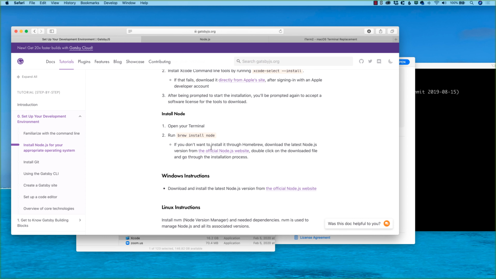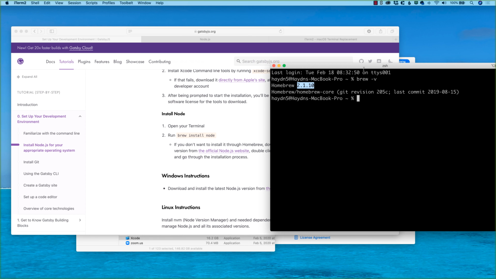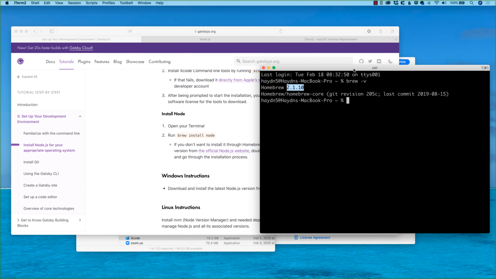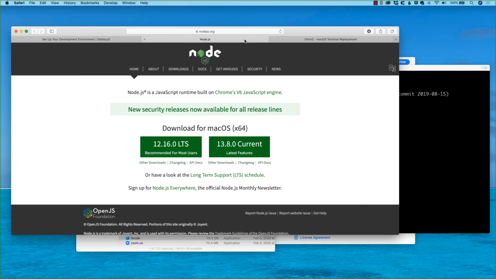You can do two things. I can brew install node. Again, everything with this little cream colored box translates to typing inside of the terminal. I could type brew install node, hit return, and it installs. If you're still not loving the terminal, or you're like, I don't know about this, all you have to do is go to